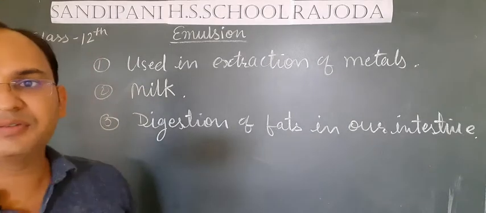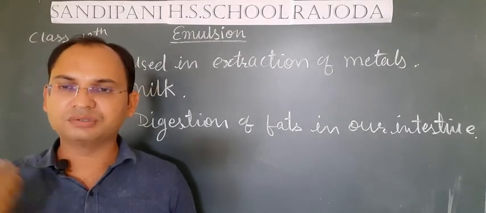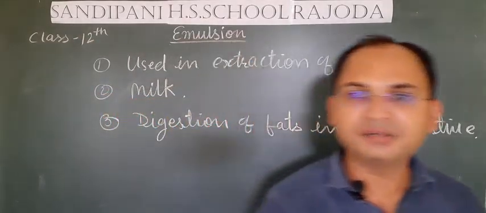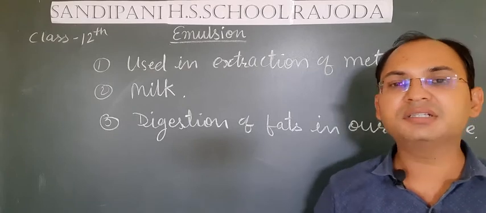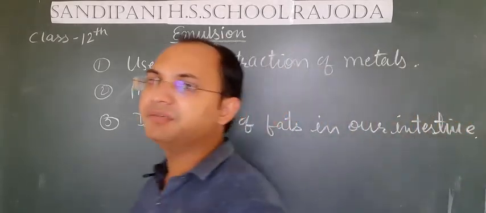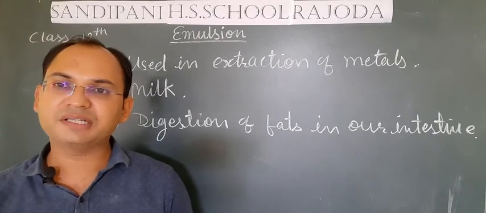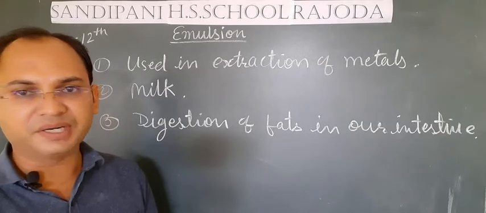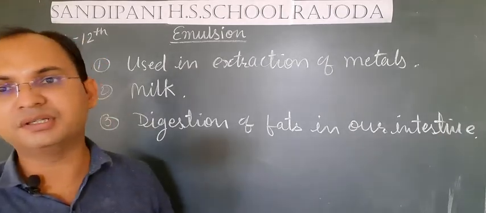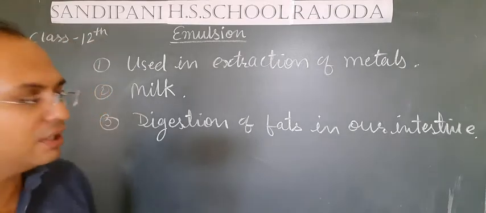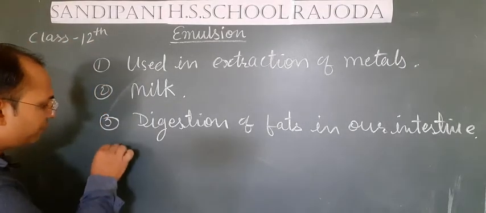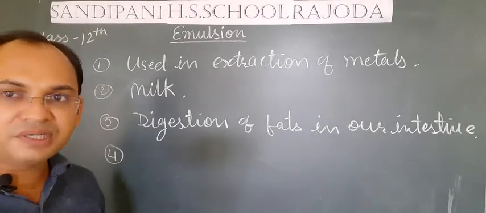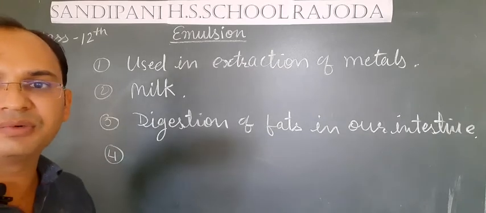Whenever we intake the fat in our body, students, the fat goes in our stomach, where the emulsification of fat occurs with the help of the hydrochloric acid. That emulsion of the fat is absorbed in our small intestine. The digestion of the fat does not occur directly, but after the emulsifying of the fat. If the emulsification does not occur in our body, then the digestion of the fat will not occur and a huge amount of energy that is provided by the fat will not be available inside our body. The oxidation of the fat molecule or oil will not occur in our body.